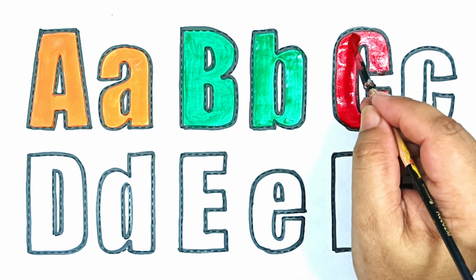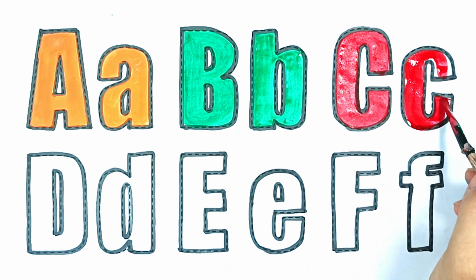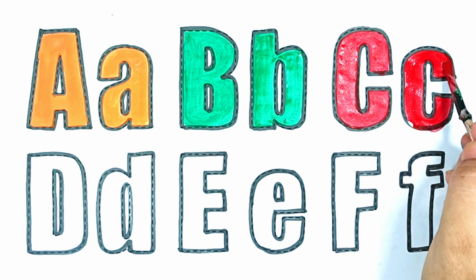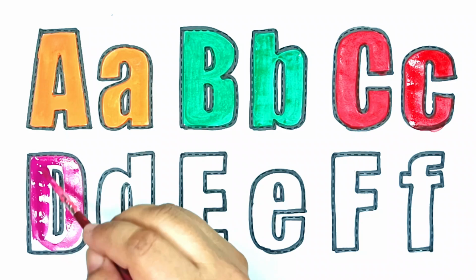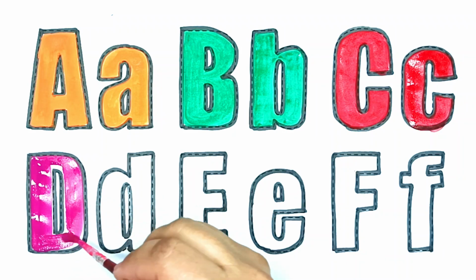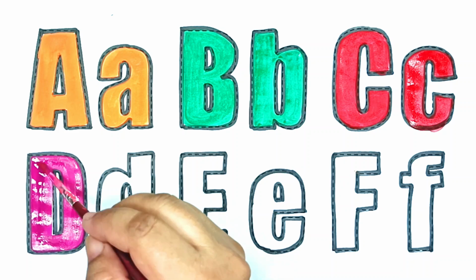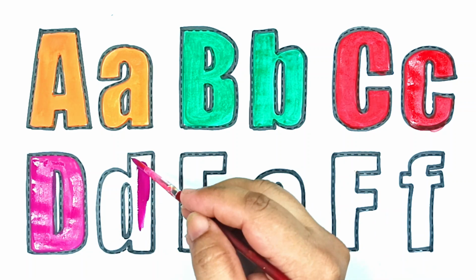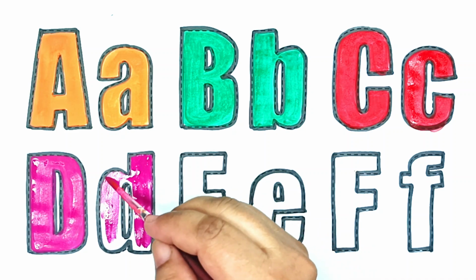C is for carrot. Sticks and stones will all fall down, all fall down. Sticks and stones will all fall down, my fair lady. C is for car. Build it up with wood and clay, wood and clay. D is for duck. Build it up with wood and clay, my fair lady.